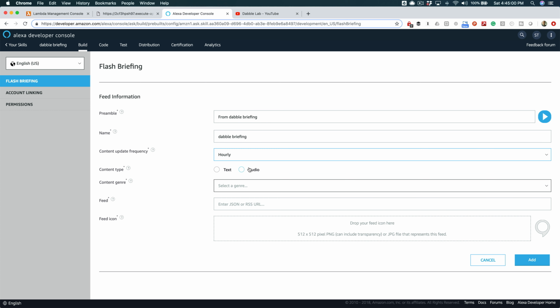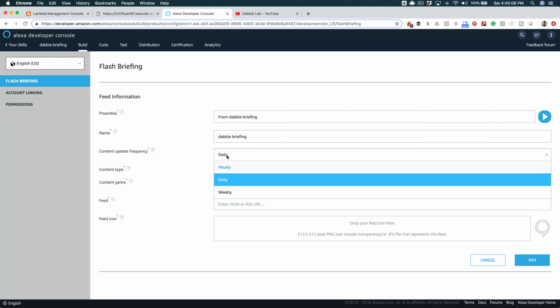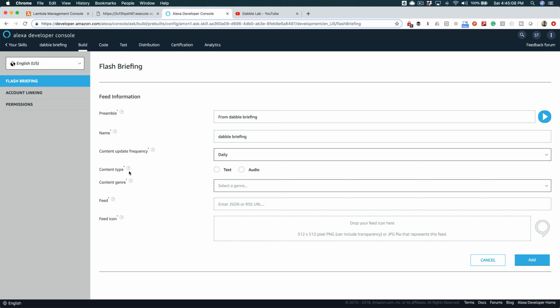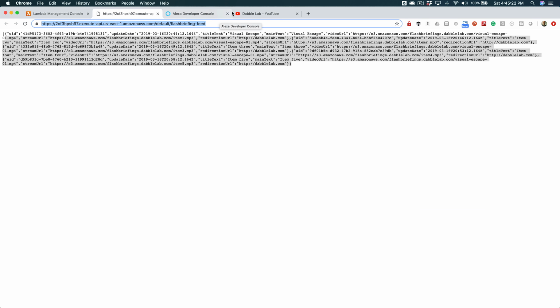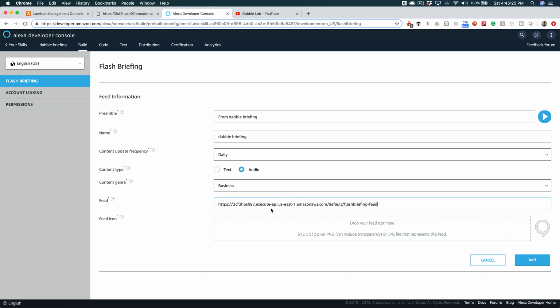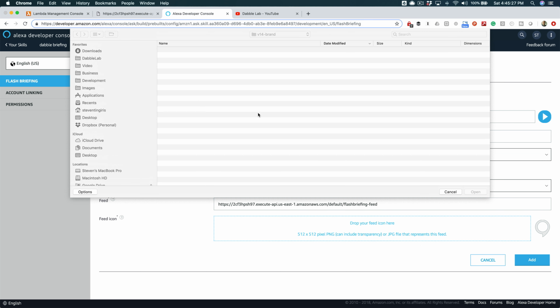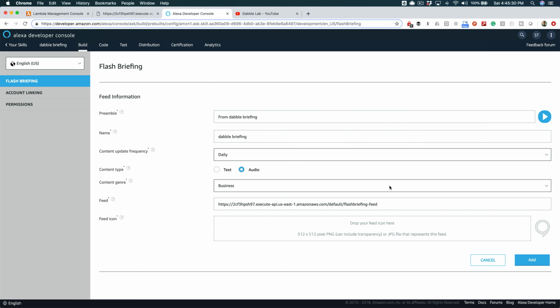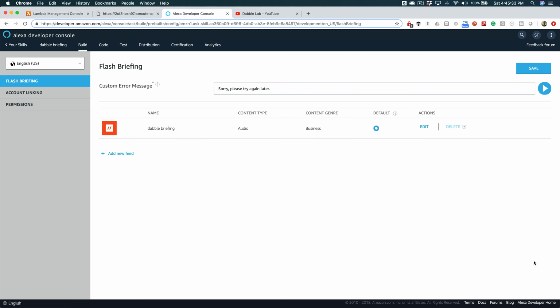And the content update frequency, we'll say daily, can be daily, hourly, or weekly. And then the content type, I'm going to say audio because that's what I'm going to use, and we'll just say business for this. And then the feed URL, this is the URL that we're getting from API Gateway, from this here. So, all right. And then down here, we just need an icon, and I've got one here. And then we can add that feed and save it, and if all is well, we won't get any errors